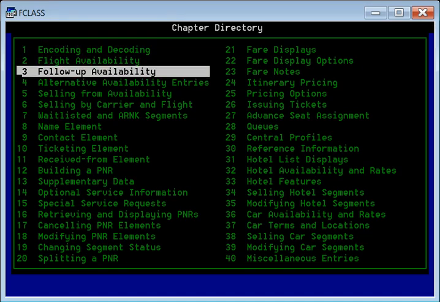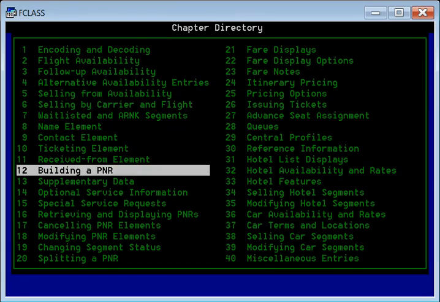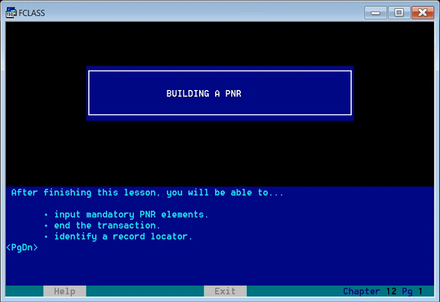Learn chapter number 12. It's called Building a PNR. This chapter gives you the opportunity to learn how, in a CRS system, which we are learning today as Amadeus, to go from process number 1 till PNR creation, starting from looking at the availability of flights for a particular city pair to how to generate a PNR